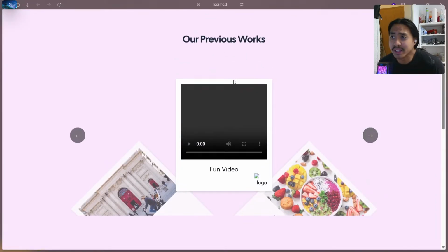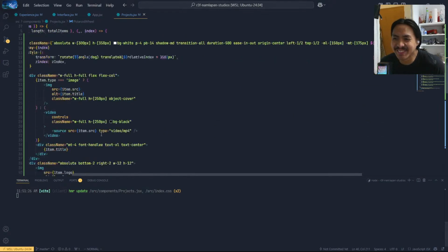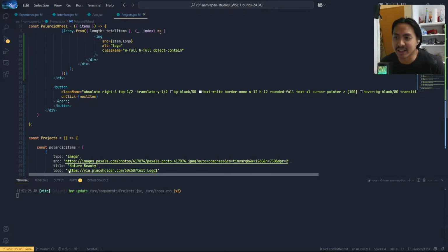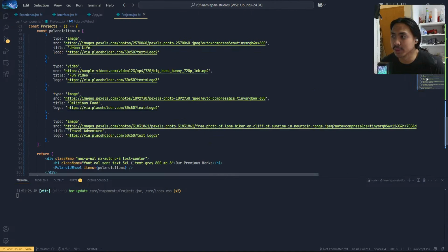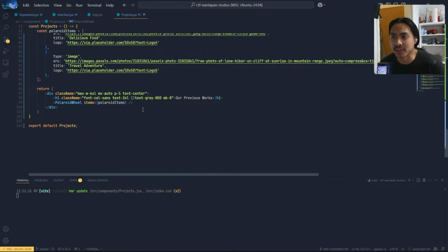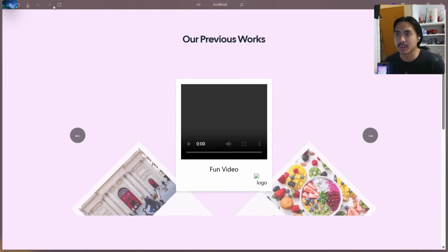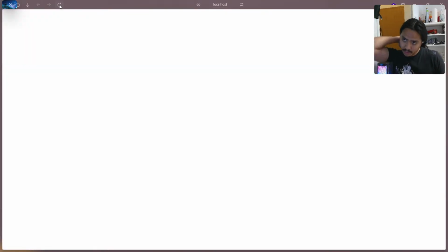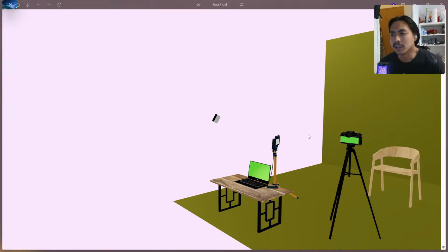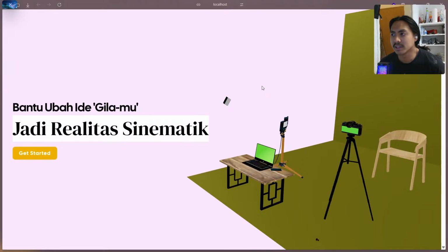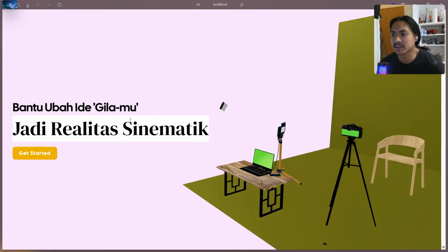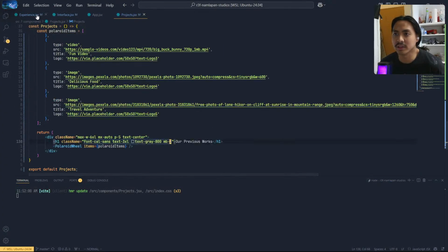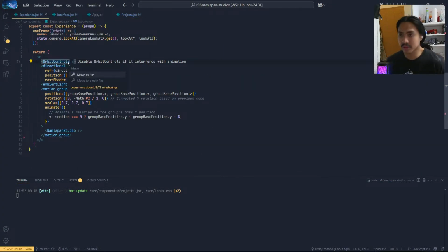I hope it looks okay. I think I'm going to present it to the people after this, but we'll see. Two is enough. I don't want it too big between the previous works and the Polaroid. Okay, let's see. Let's turn off the orbit controls for